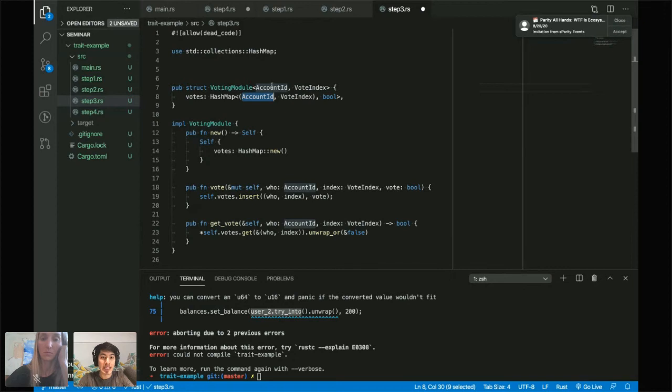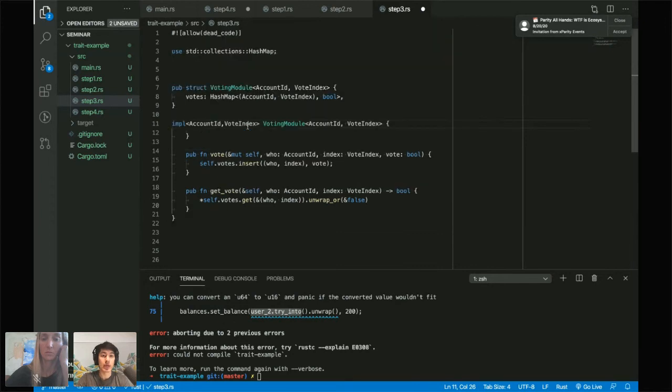And of course, I would need to implement here AccountID, VoteIndex. And I think that also part of the generic stuff is that I have a trait definition here, AccountID, VoteIndex. So this is what it might look like to use these generic parameters instead of using a type alias.